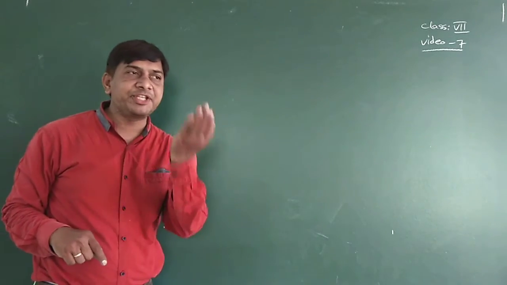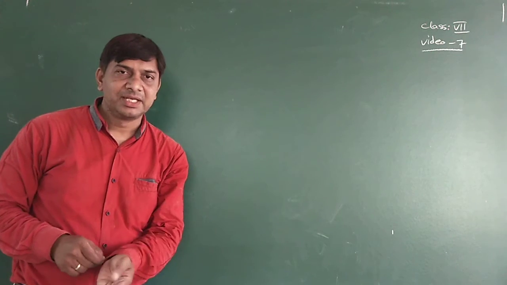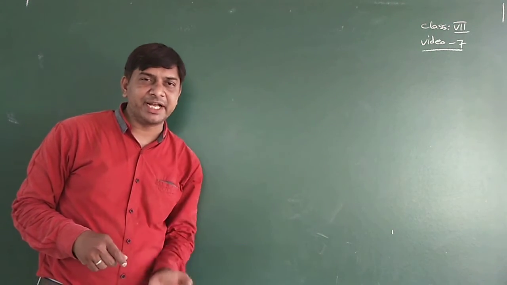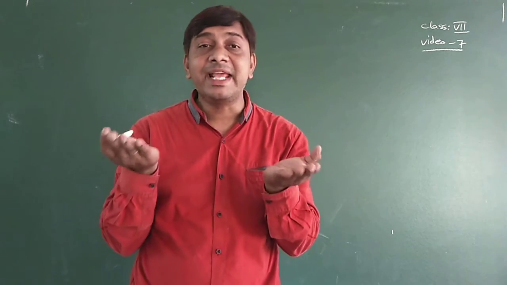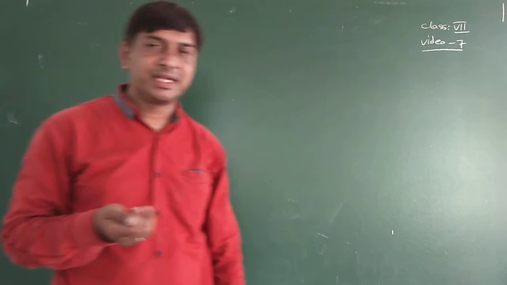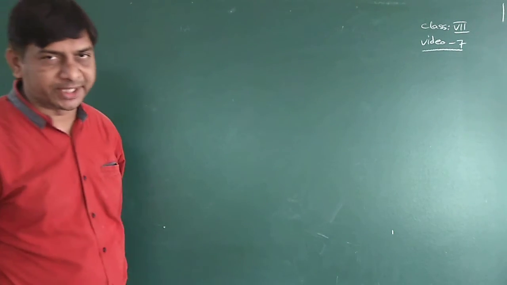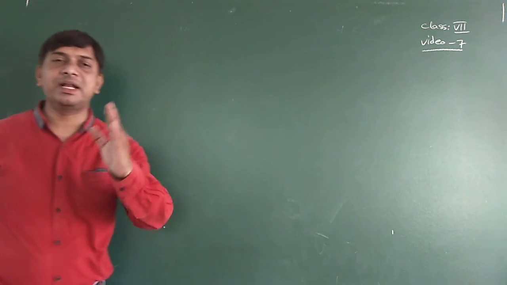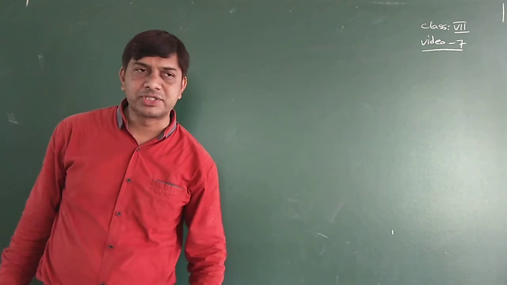The value which you replace for the variable in the equation, which makes it true, meaning LHS and RHS are equal, is called a solution of the equation. The simple equation has a unique solution. After that, while solving the problems, we learned some rules.